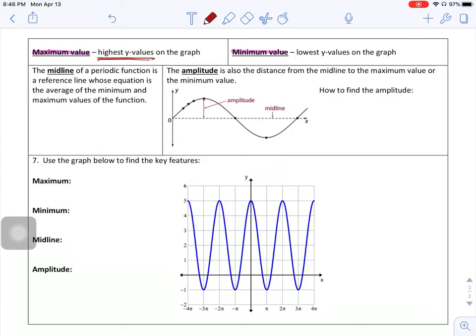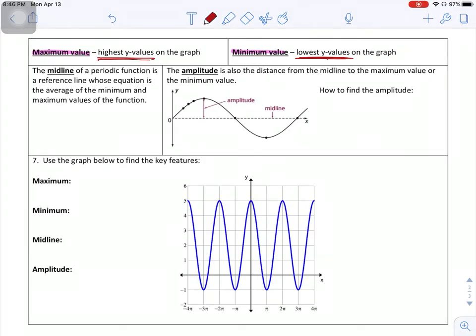Same thing for minimum, right? We've got lots of minimum points. I don't want to know them all, right? You can't label them all. This graph keeps going and going and going, so your minimum points keep repeating, so you're just going to tell me the lowest Y value, okay? So that's maximum, minimum. The midline, like we talked about, if you watch the first video, the midline